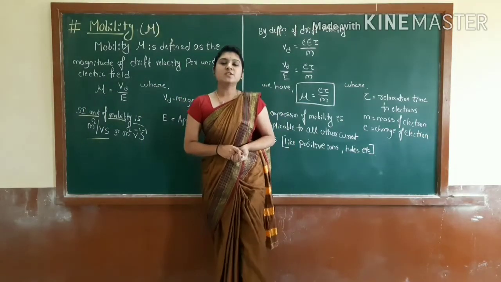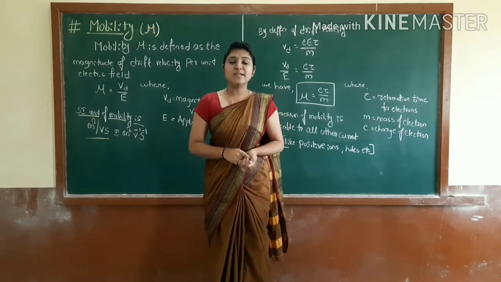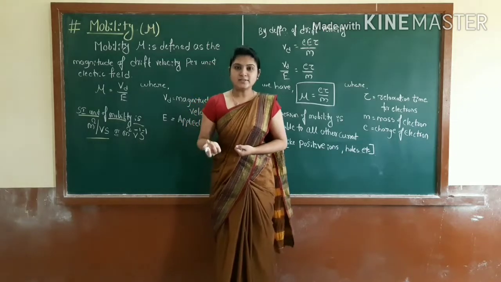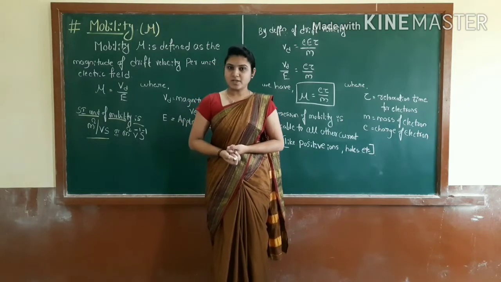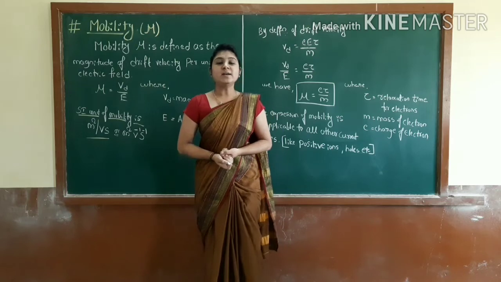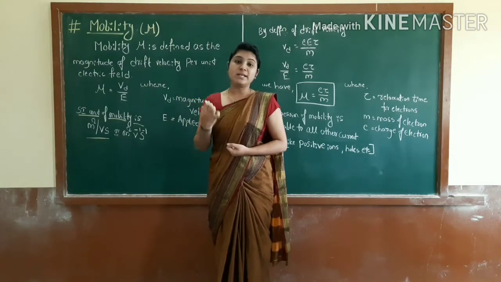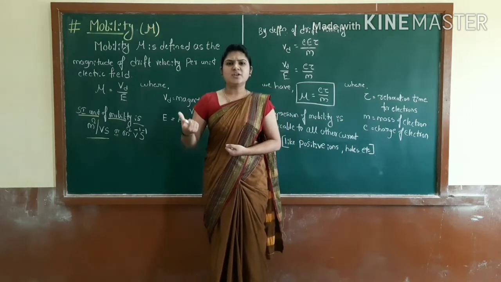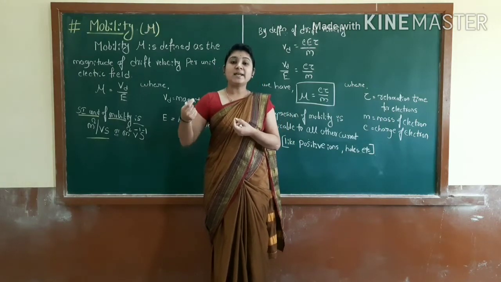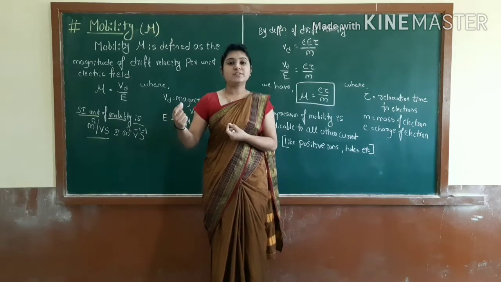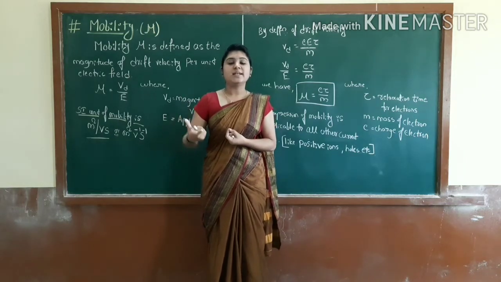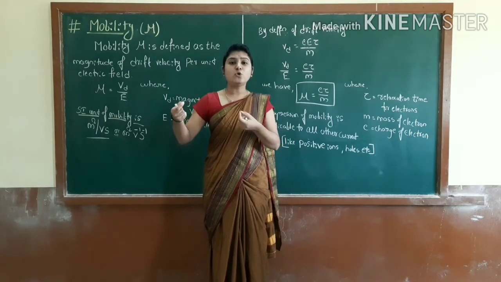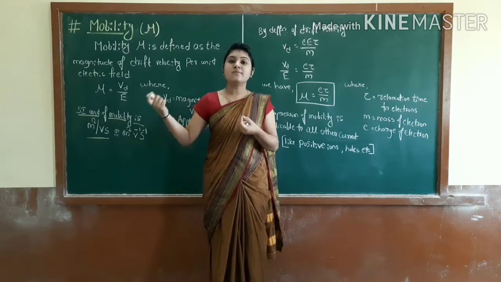Good morning everyone. So students, in the previous class we discussed the relationship between the electric current and the drift velocity. Correct? So today we will take the next concept, that is the mobility. So mobility, in general we can say, makes the electron move fast and free. That means simply to make the electron move free and also fast.